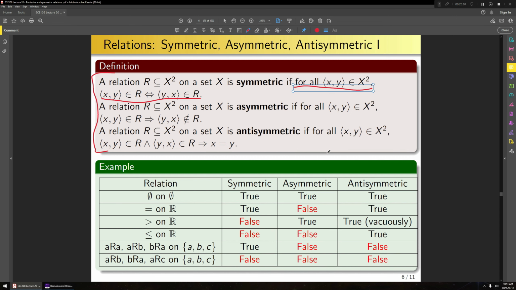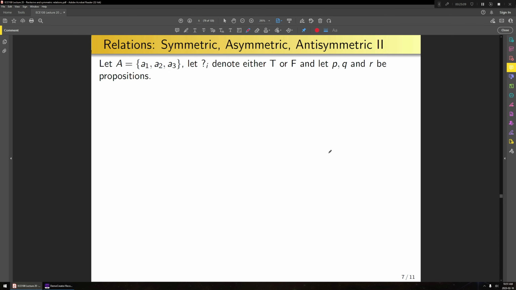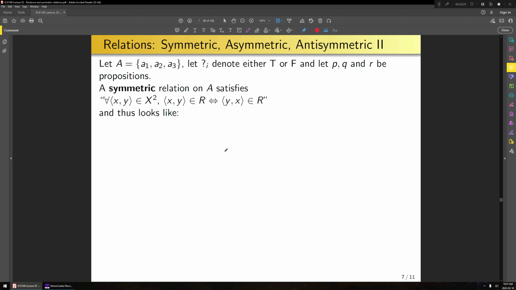But yeah, okay. So now we can also visualize these concepts just like we visualized things from before, right? So let A be this set, let question mark be true or false, and I is just going to kind of indicate a different question mark, and P, Q, and R be propositions. So if something's symmetric, it has to satisfy this, right? So now I need to ask, what do these things look like? Well, if I kind of draw this out,